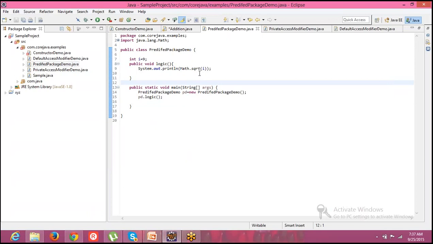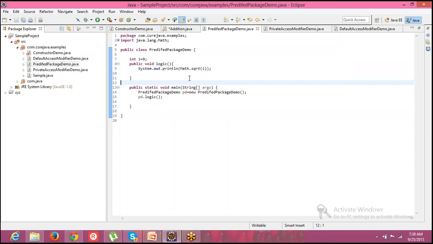But still, you can say that sqrt is a static method. Agreed or not? Yes, agreed, right? The reason being you are taking help of the class name, not an object of that particular class. So this Math is a class coming from the java.lang package.